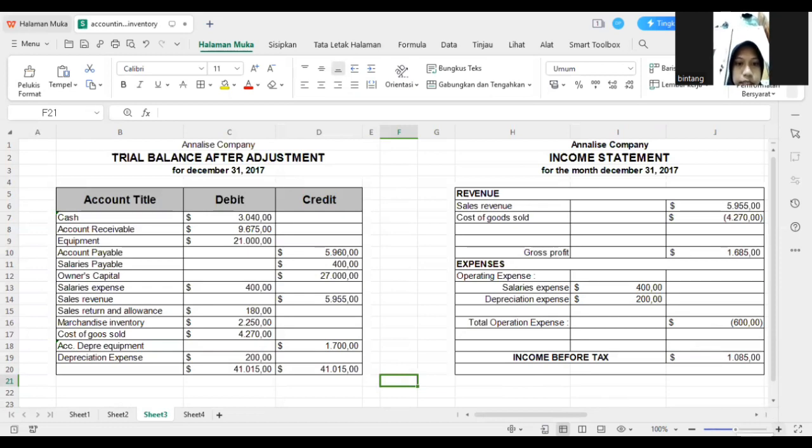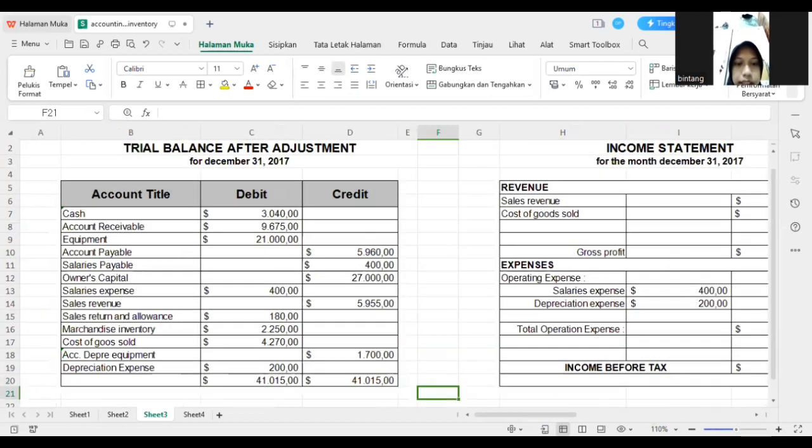The first one is cash in debit, the amount is $3,040, and the account receivable in debit, the amount is $9,675, and the equipment, the amount is $21,000,